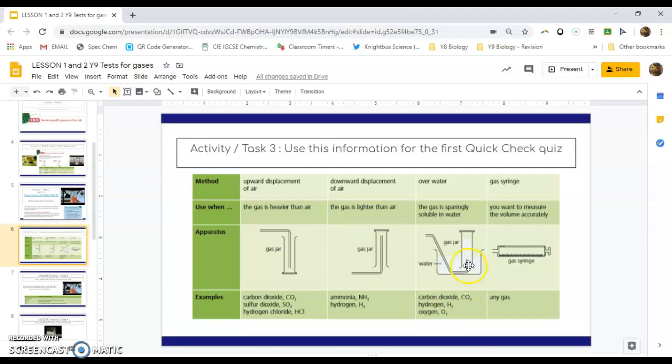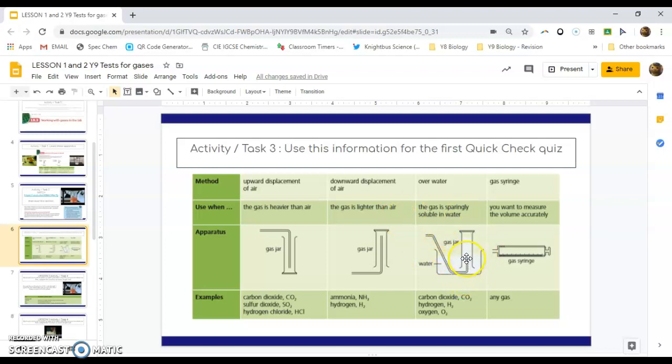You may need to look very closely at this picture over here because this is actually a trough, which is essentially a bowl, but in science we call it a trough. T-R-O-U-G-H, and that's filled with water, and the supply of gas has been supplied into and through the water. Now this is a gas jar and it has been pre-filled with water. You turn it upside down and you plunge it into the trough of water, into your glass trough,